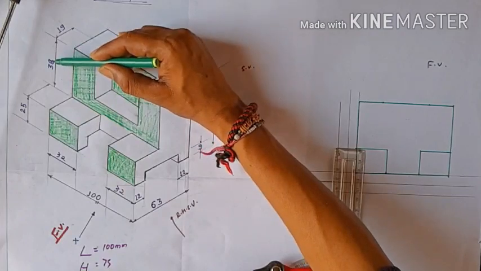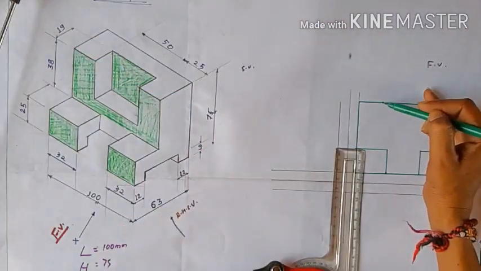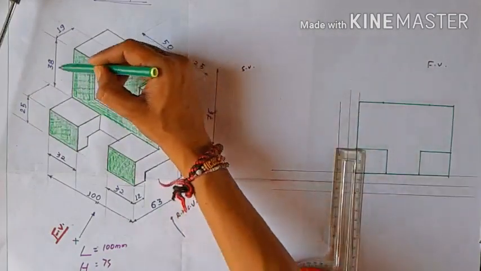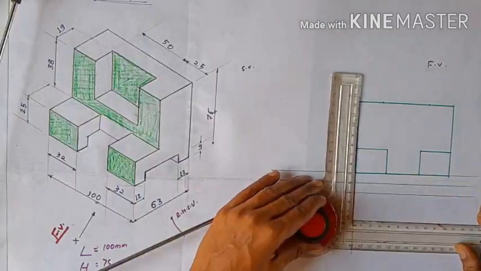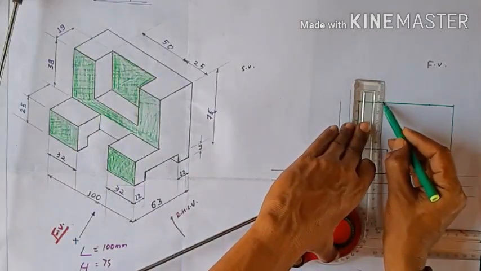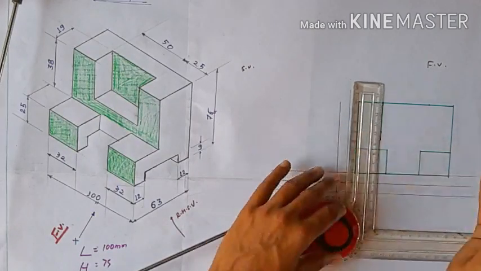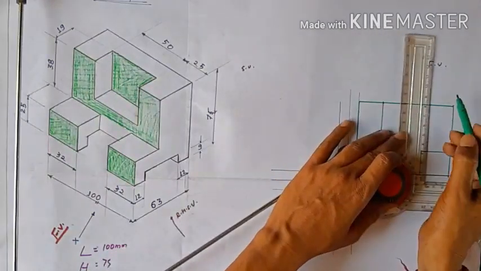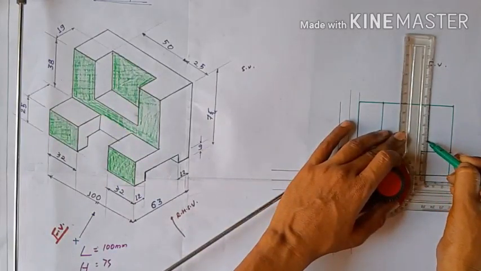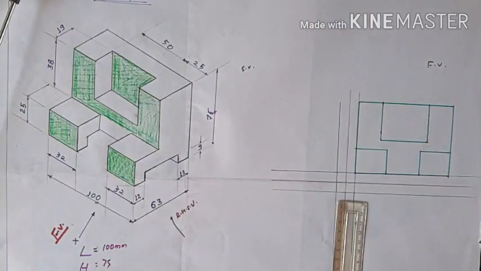Clearly you know this comes 38 mm below from the top. So from the 75 mm height, after marking the 25 mm line point, we draw this line 38 mm below from this. So parallel to it, draw from here a 38 mm line. Now from here also draw 38 mm. Now join these two lines. So the front view looks like this.